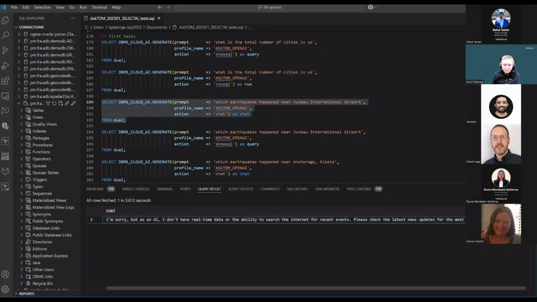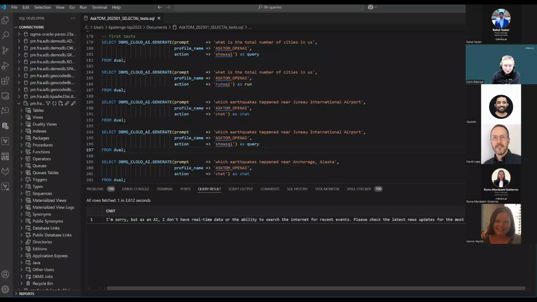But I asked this question on purpose because we do have data about airports. We do have data about earthquakes, and we want to see their spatial relationships between earthquakes and airports. And this is why I wanted to know whether these questions can also be answered by a large language model